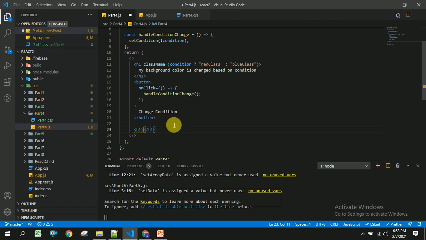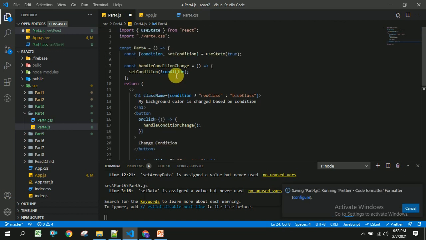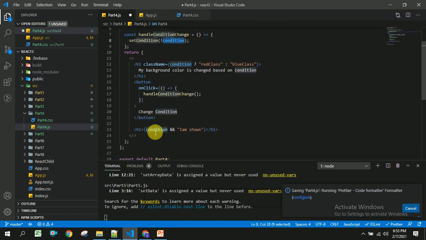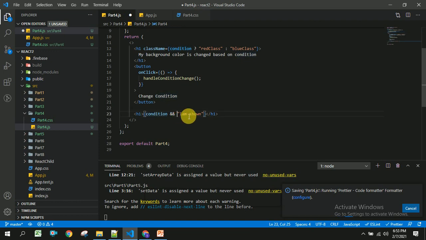For this, I am going to write some text, and if the condition is true, I am going to show some text: I am shown. Once the user clicks on this button, this condition will be changed to false. If it is false, we will not see anything, so it's hidden.